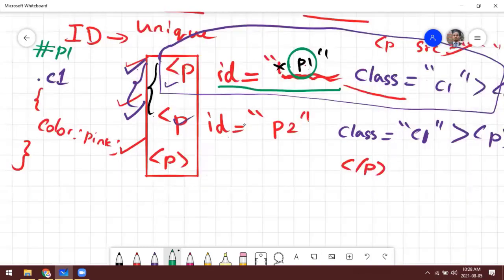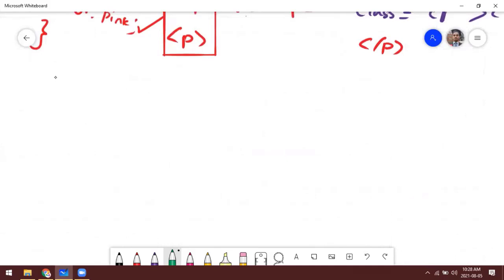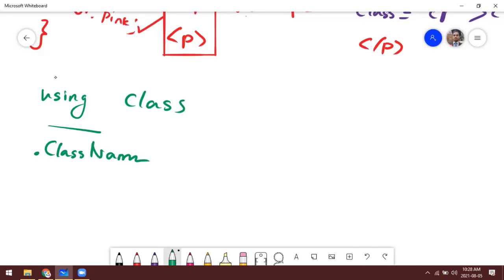So you can take note. If you are referencing using class, what's the syntax? You have to put the full stop, then use the class name. Using ID, how do we do it?